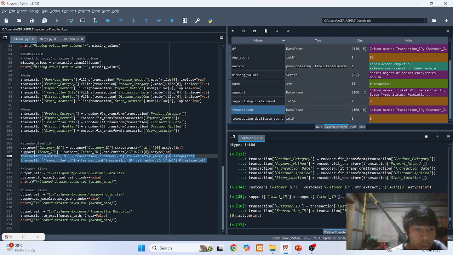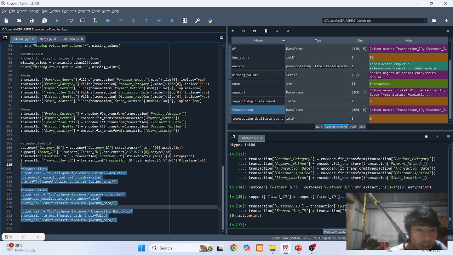Then we are going to save the clean files into another Excel file. I save the clean files into the C drive, folder assignment, with the name of the Excel file. So I run this: three paths for the customer data, support data, and the transaction data that have been cleaned.